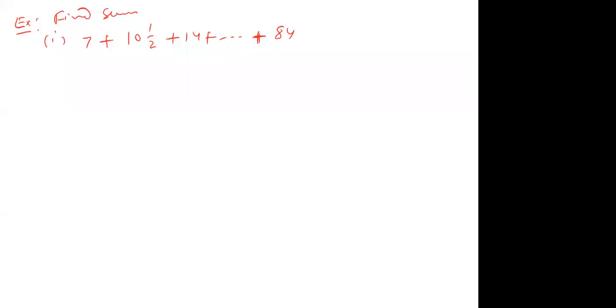Now in this, the important thing is to observe 84. You should not think that he's asking the sum of 84 terms. What is 84 here? 84 is the last term. So you should use the other formula, sir? No, but N you have to calculate first. How many terms are there in this? Tn is equal to 84, the last term. So I have to calculate how many terms are there in this sequence.